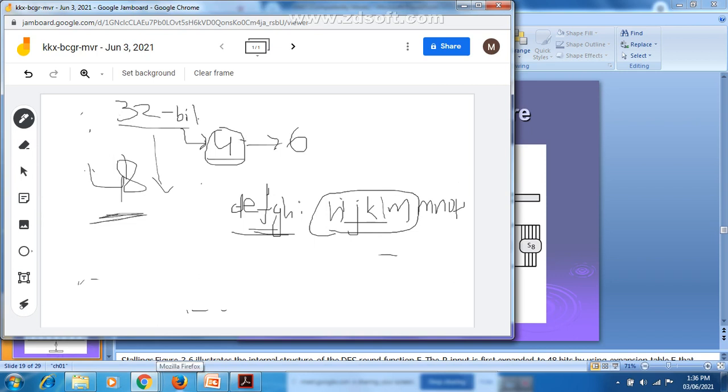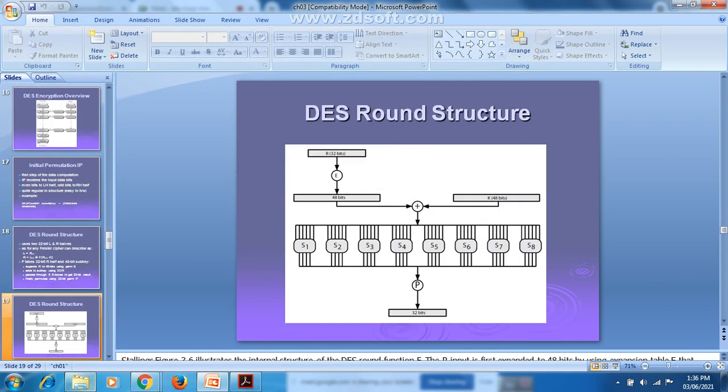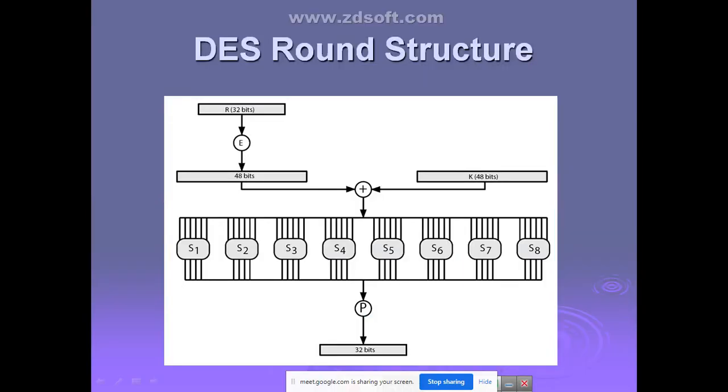First you do the grouping of 4 bits. Totally 8 groups you are going to get, and that 4-bit input you are converting into 6 bits. How are you converting? You are just adding the adjacent characters in alphabetical order at the outer bits. Clear? Now see I, J, K, L. Before I, what is the character? H, right? After L, which is the character? M. That will be added. Now this 4-bit group is converted to 6 bits. This is how the expansion table works in the round.